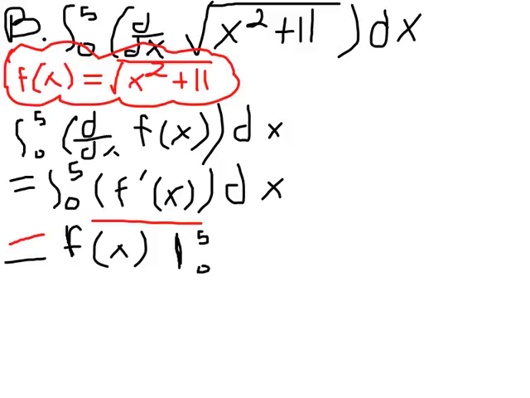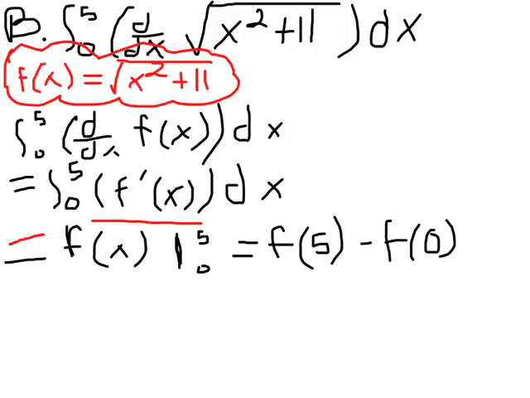Then we'll put in f of 5, and so now this is equal to f of 5 minus f of 0,